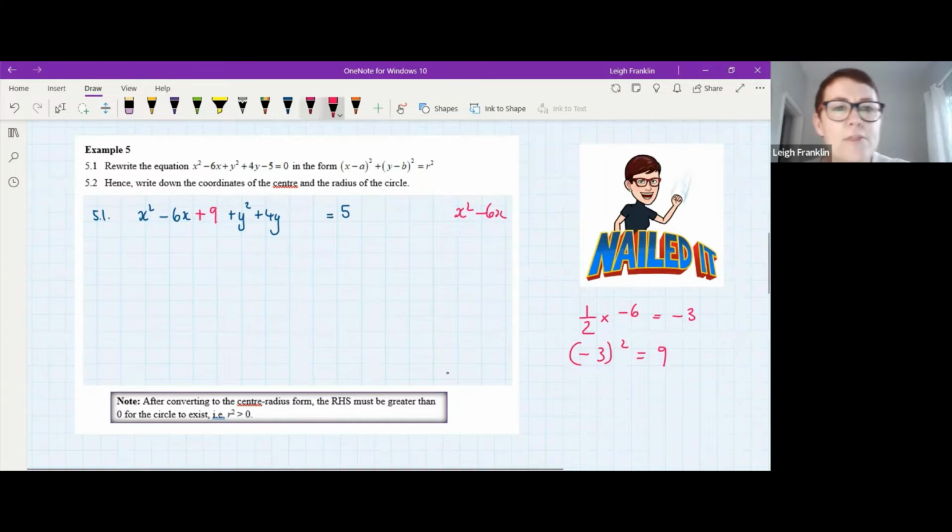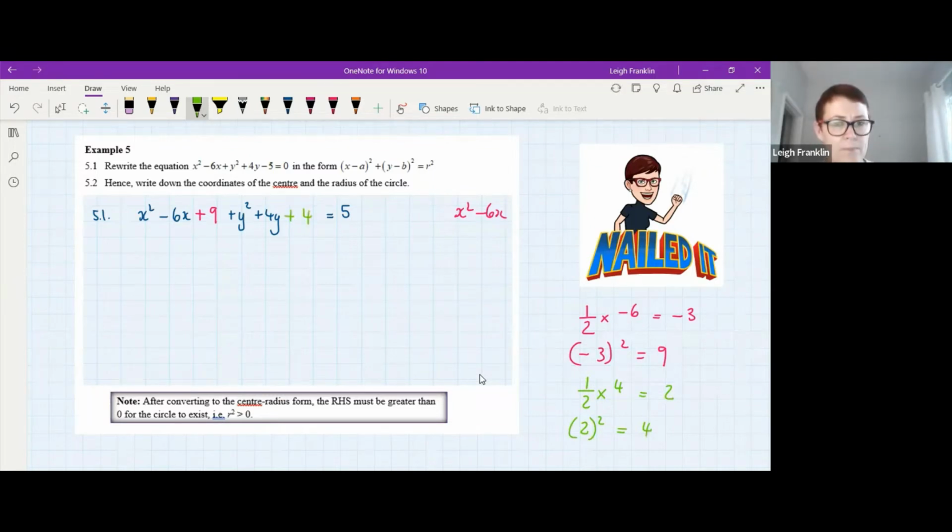Okay, so that's me completing the square for x. Now I'm going to complete the square for y. I'm going to do exactly the same thing, right? I'm going to take half of the coefficient of y, in this case it's 4, and that gives me 2. And I need to take that number and square it, and that is what I've got to add next to